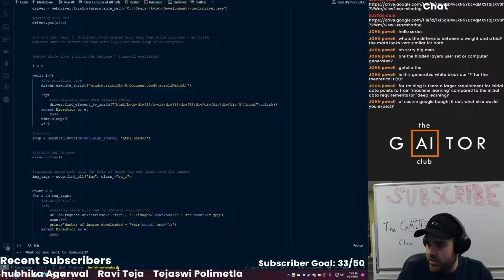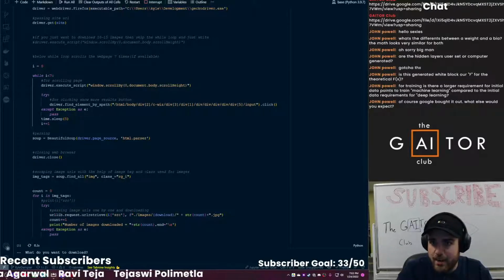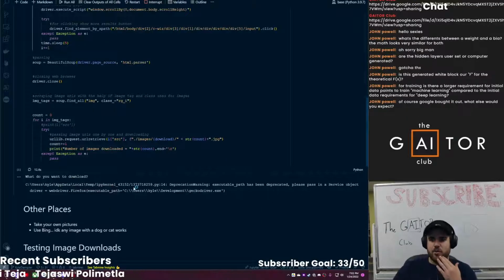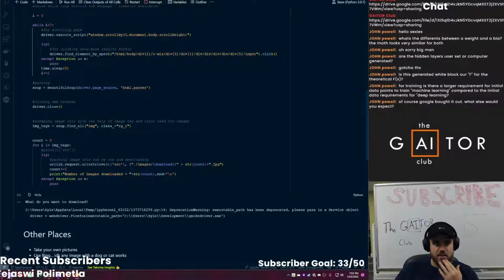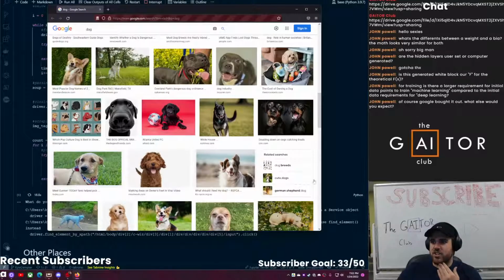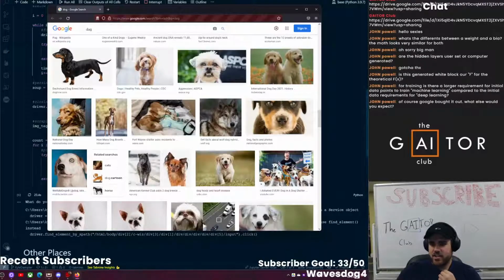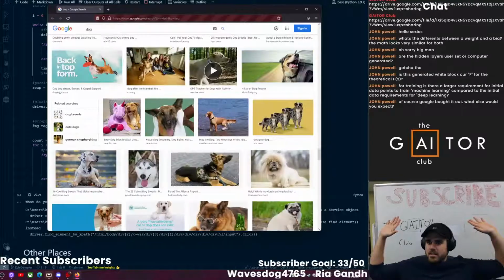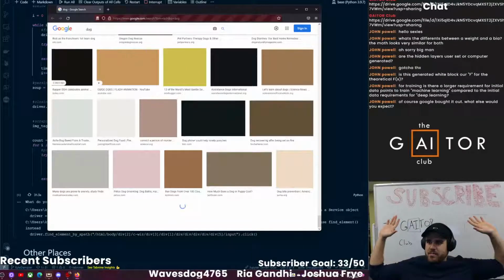It's a great way to learn. Just follow along, do it yourself, DIY. We basically do the same thing. We just say dog, and it will start downloading dogs into this file folder. So it opens up Firefox, and it just starts scrolling through Google Images, and it does all that for me. I'm not touching it. It'll download all the images, and then it'll save all those images to files